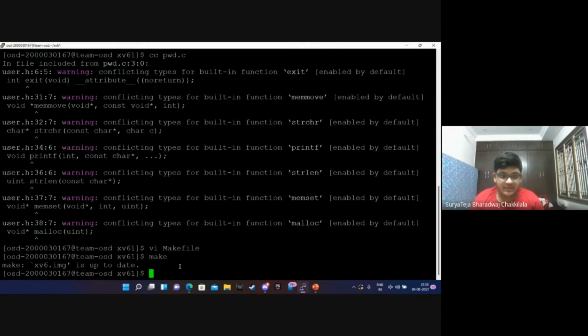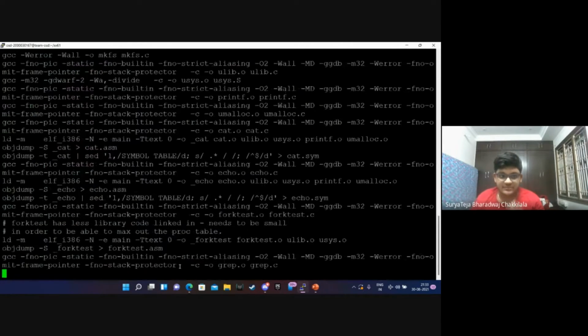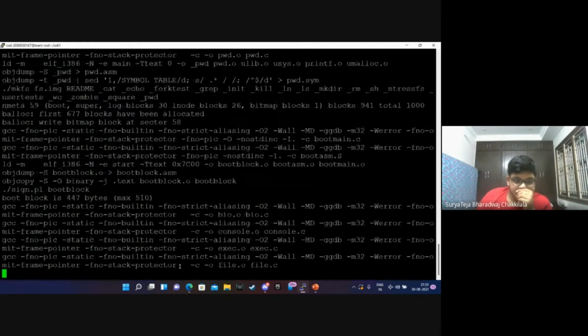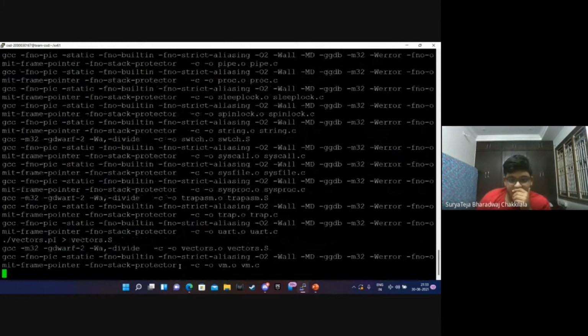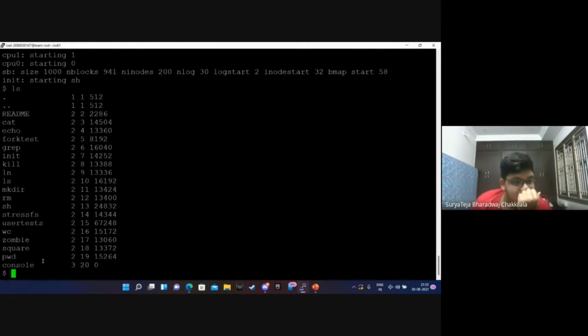So make, so make qemu-nox. So it's all running as of now. So it started. So file successful, we have added our pwd.